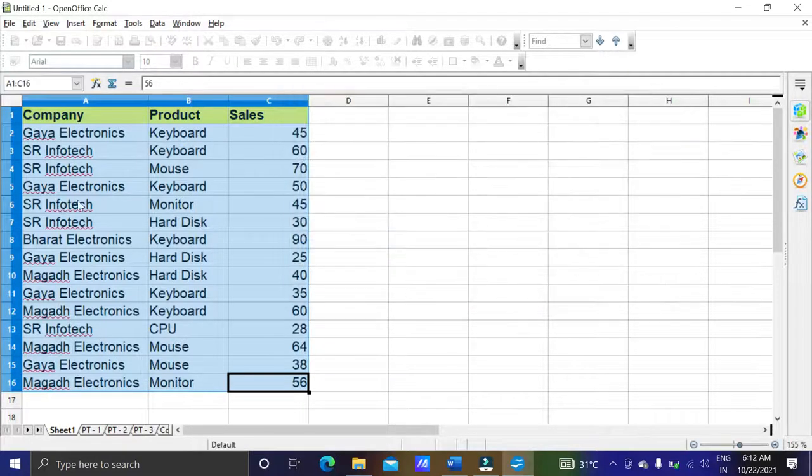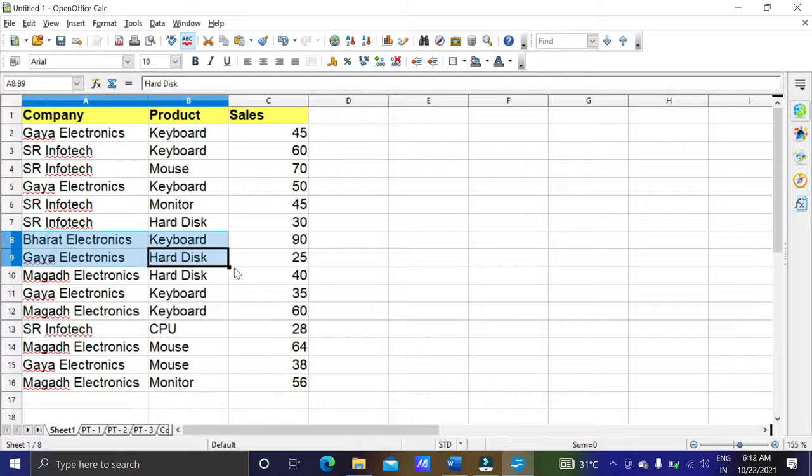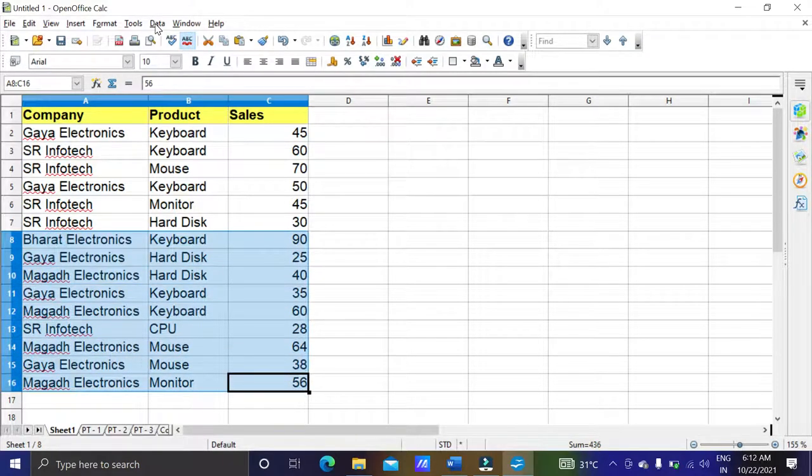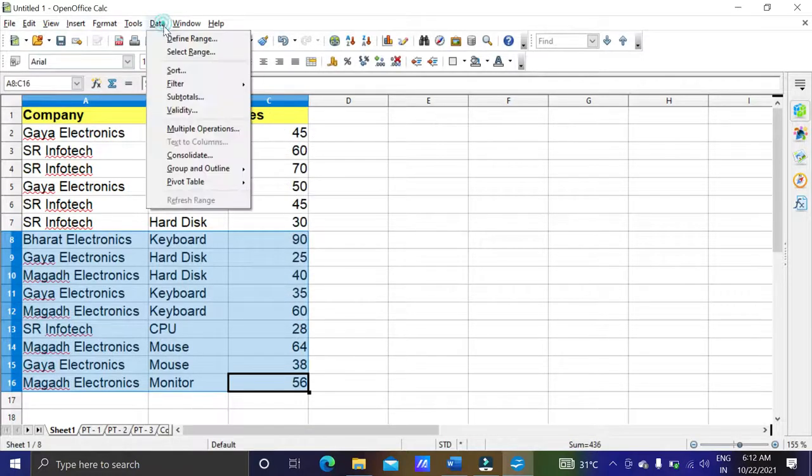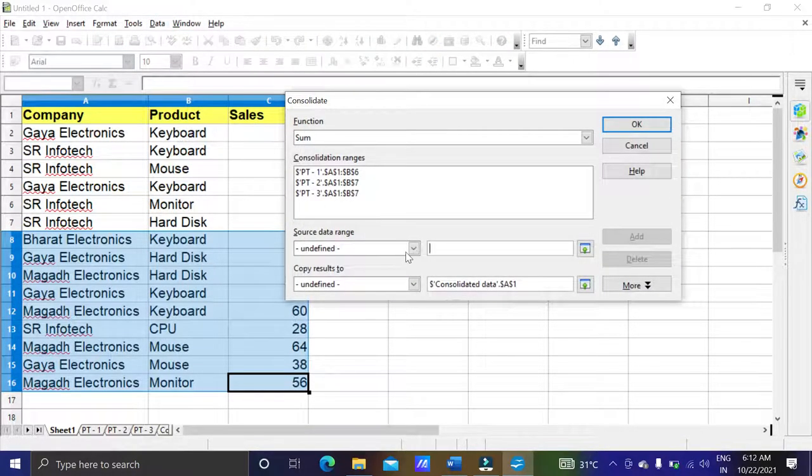So let me change the range. This time I am selecting another range: data, defined range, and this time I am naming it company, then add, then okay. Now data, consolidate, and here we will get both the names, company and group company. Company was the one we just selected, and the old one was group company, so both are coming.